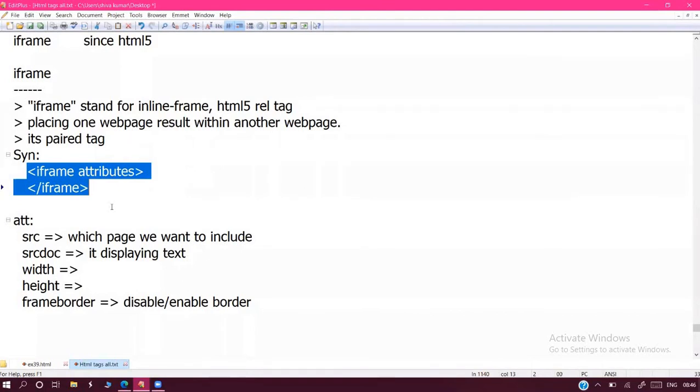And this is the syntax: iframe is a pair tag plus an inline element, pair plus inline both.